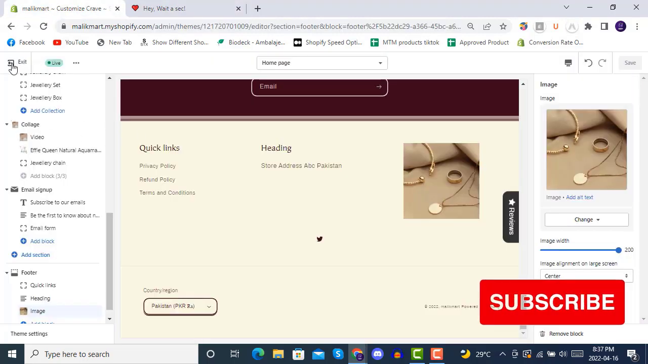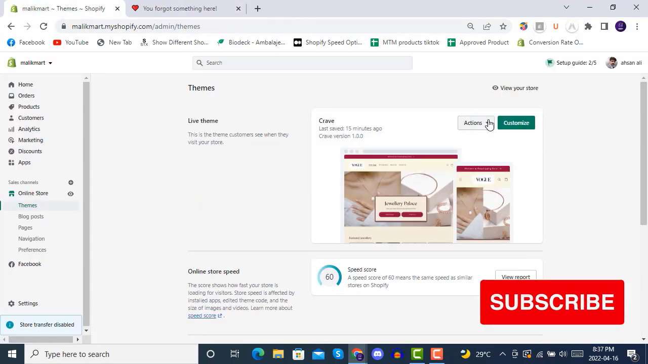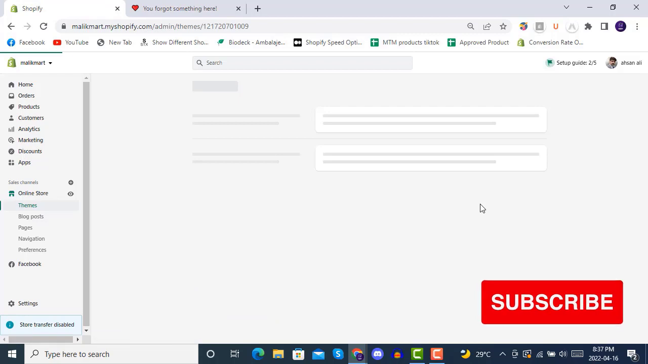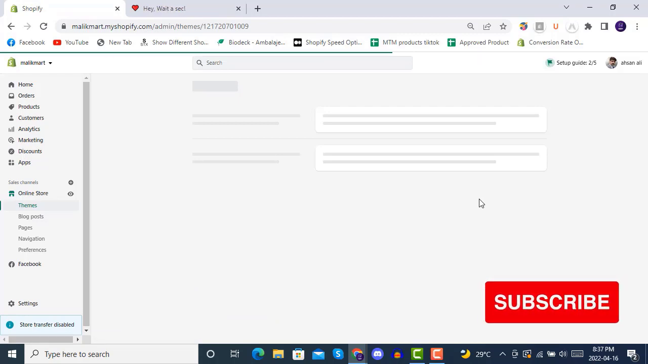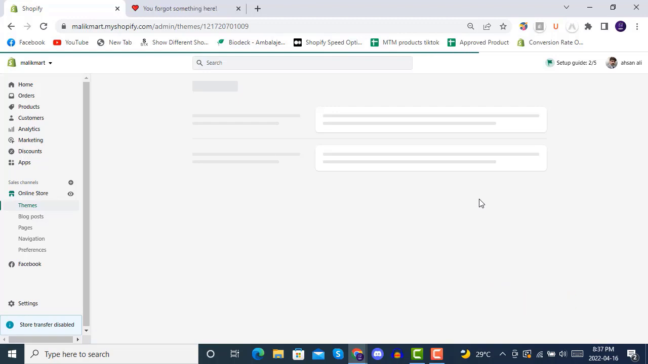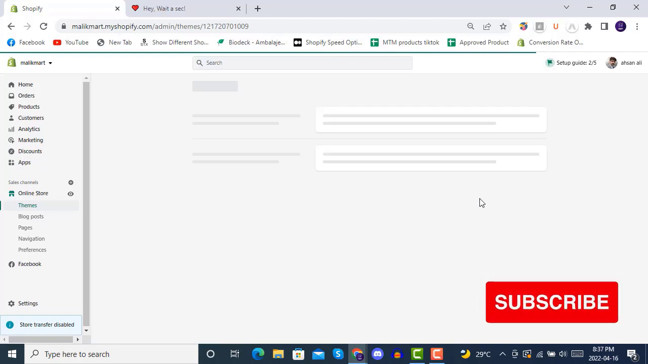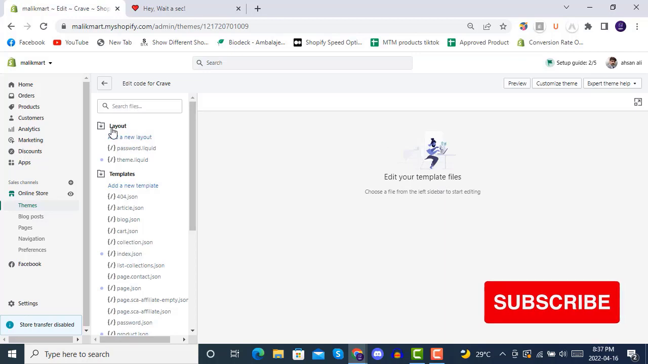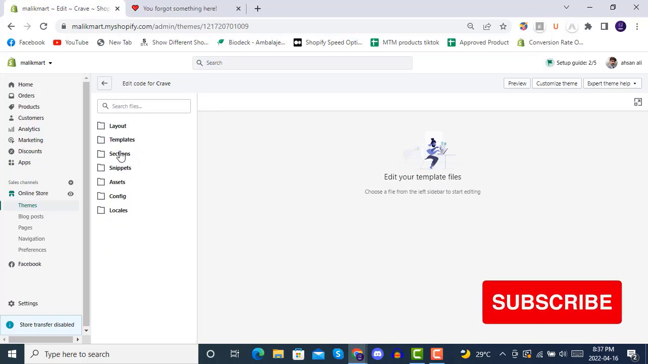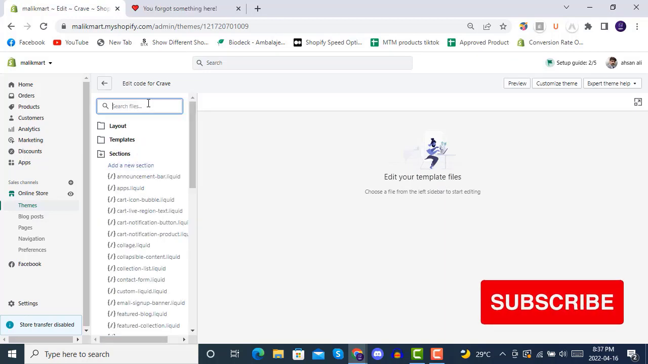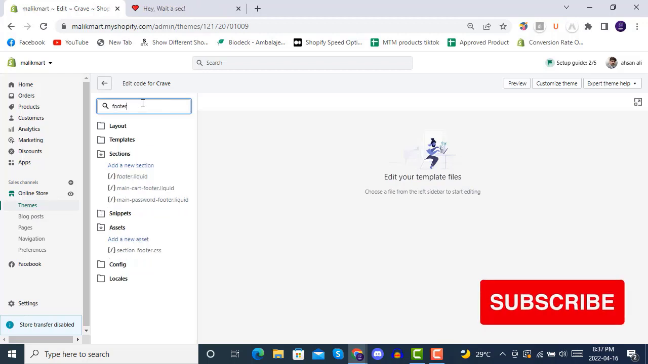So for this, you have to go back and click on Actions, then Edit Code, and inside the Edit Code, you have to go to the Sections folder here inside the theme file. Inside the section, you can just simply write footer, and all the footer sections will be shown to you